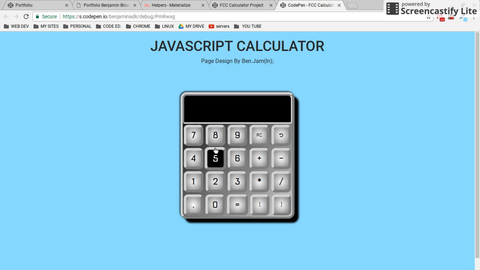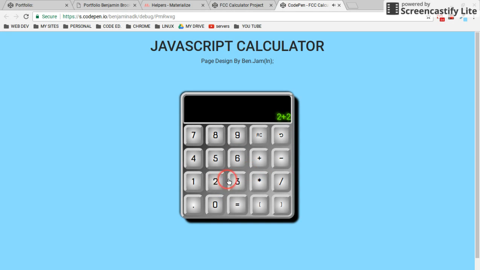I ended up messing around. I mean, it took me like 3 or 4 tries to get a calculator that worked. I just kept messing up, and I couldn't get the math right, the functions right in JavaScript. There are a lot of different approaches, and I finally found something that worked with eval as my function. What eval allows it to do is, okay,